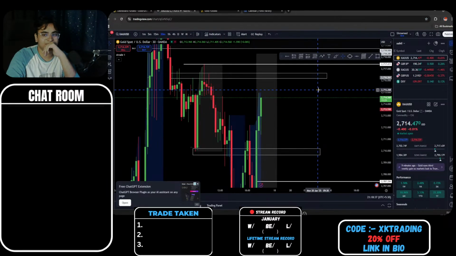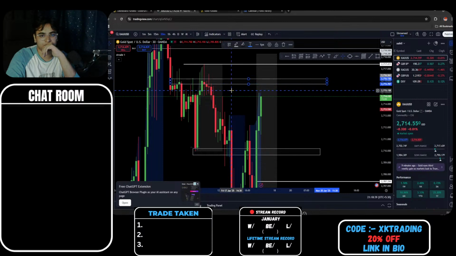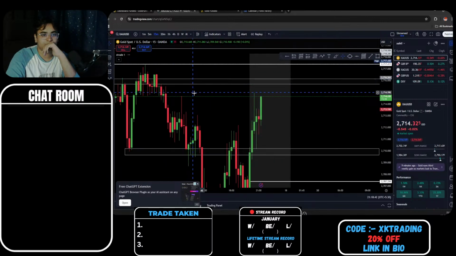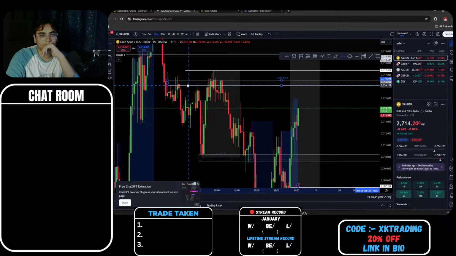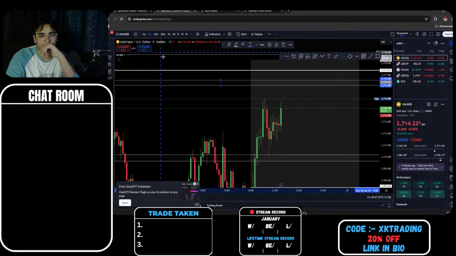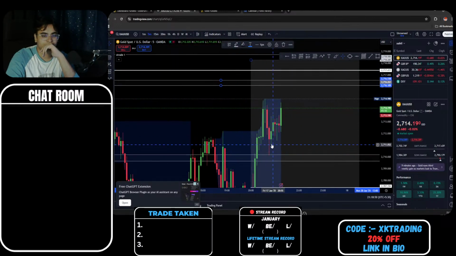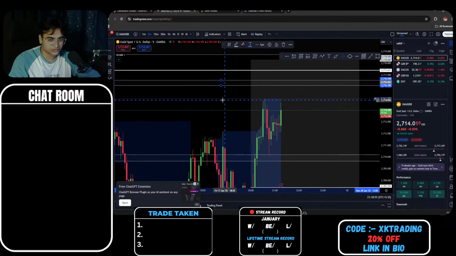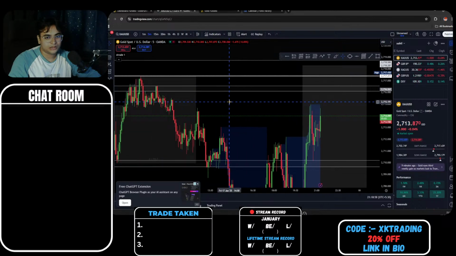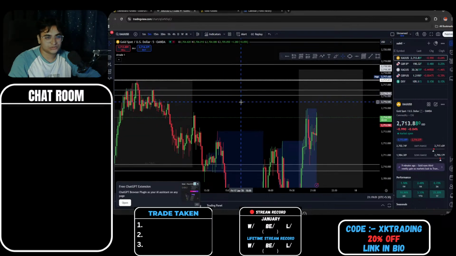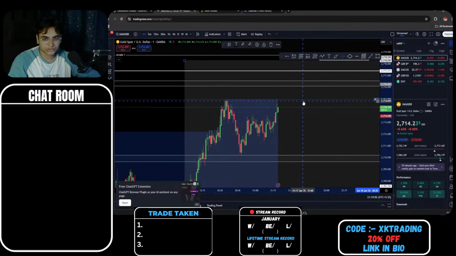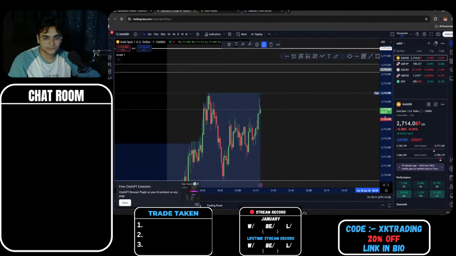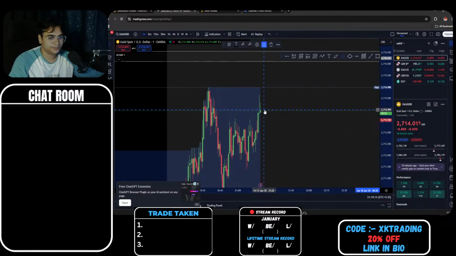But now I won't be closing at 15. I think I should wait for price to tap into this zone, right? It will be way better. I mean, we waited for momentum to come in, having a proper retest. And if I close at 15, that means we are just waiting to break this high. And there's a high probability we can tap into 16. So why not close at that point? We're waiting. We'll be going back to the 1 minute time frame to see how this is moving.